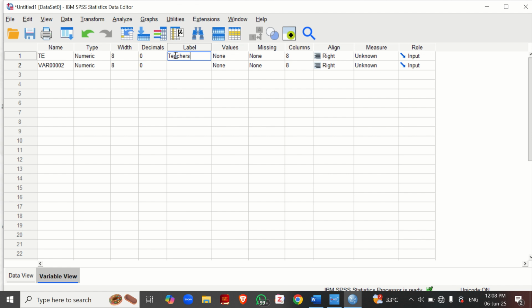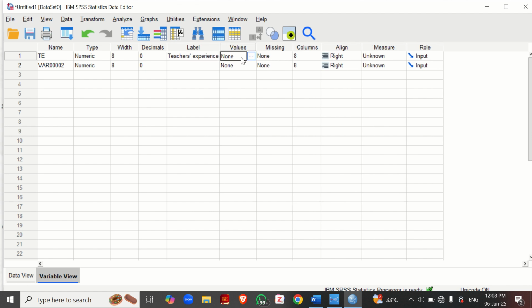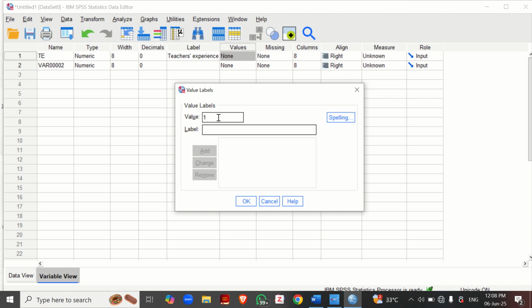Teachers experience. So I will assign value. 1 is meant for 0 to 5 years of experience. 2 is meant for 6 to 10 years of experience. 3 is meant for 11 to 15 years of experience. 4 is meant for 16 to 20